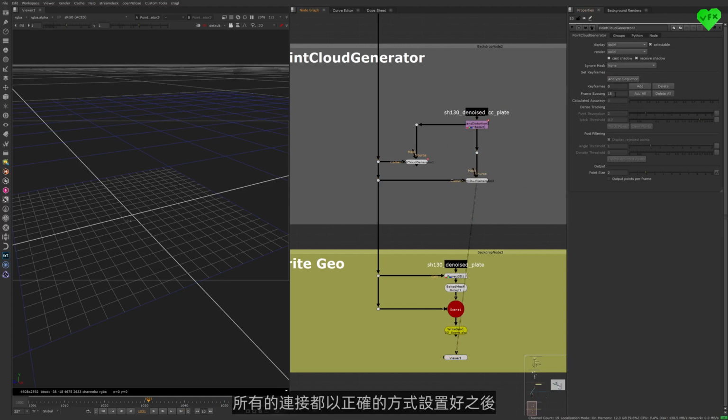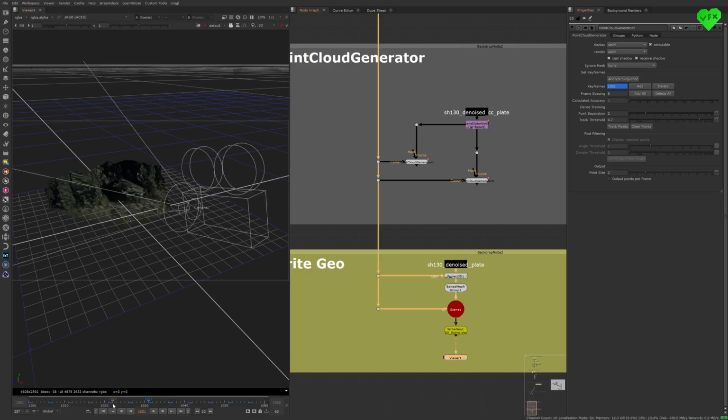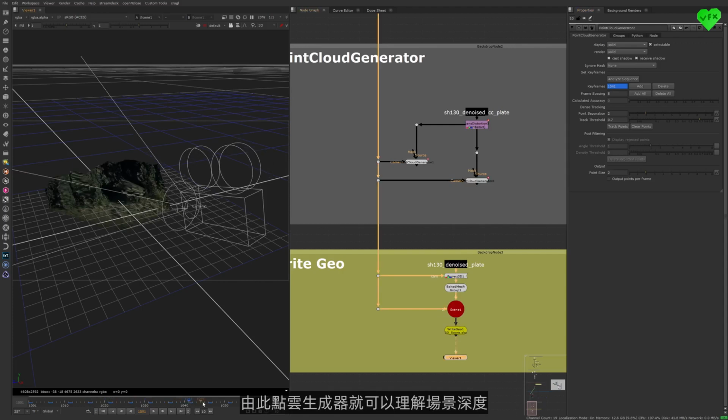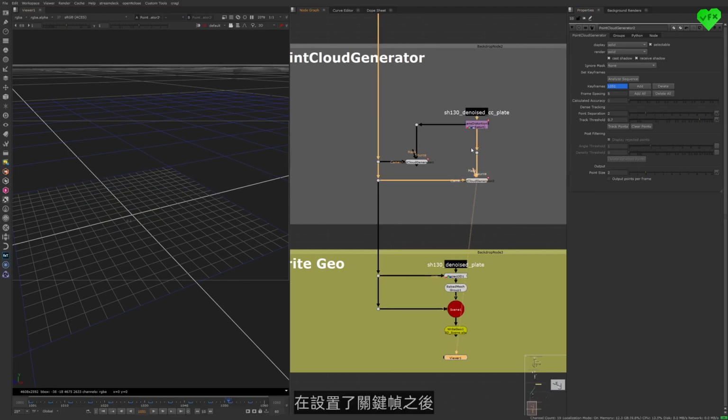After the connections were all set up the right way, I changed the frame spacing value to 5 and pressed Add All. With this step, you're creating the keyframes that the point cloud generator will use to create the point cloud. There should be enough keyframes so that the point cloud generator can understand the depth of your scene from one keyframe to the next, just like in a photogrammetry scan. So after I have set the keyframes, I press this button that says Track Points,